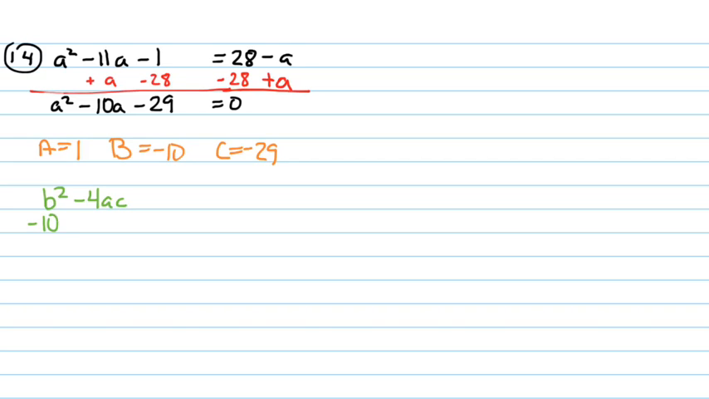So negative 10 squared minus 4 times 1 times negative 29. So 100 plus 116 gives me 216. And so when I simplify 216,